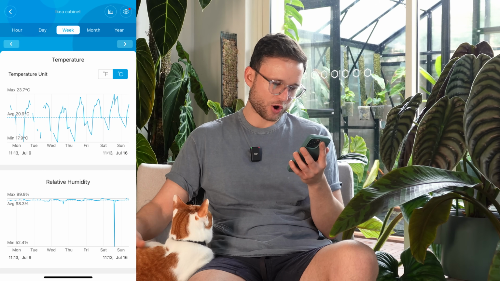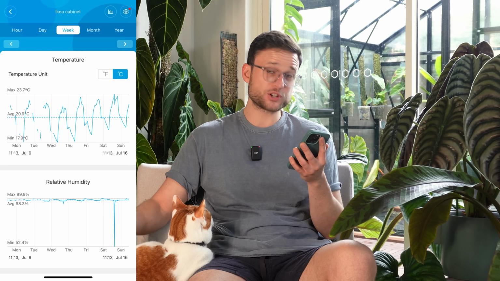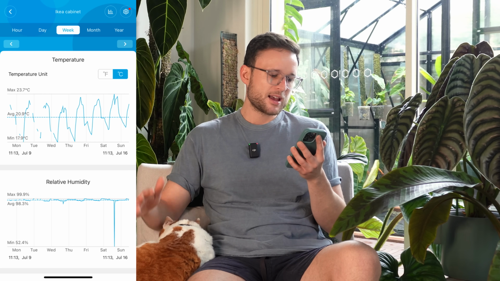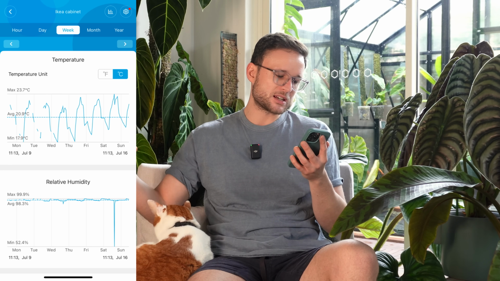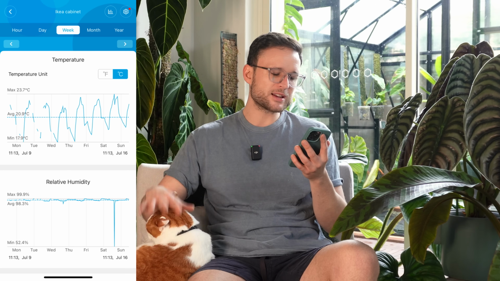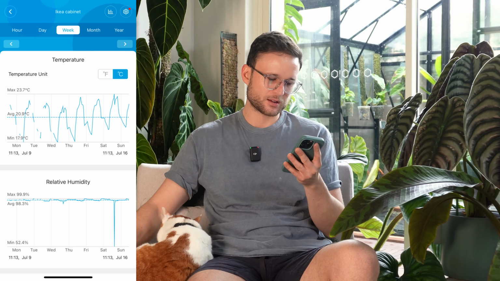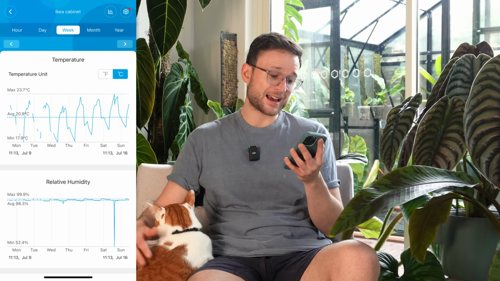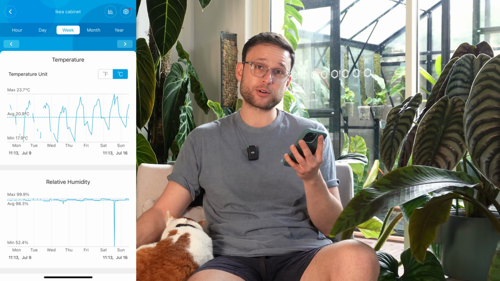Okay, so over the last week inside the cabinet, the average temperature is about 20.9 degrees Celsius, and it fluctuates between 23.7 and 17.9. So it's just over 5 degrees in difference. Now, when it comes to humidity, the average is 98.3%, and it fluctuates between 99.9